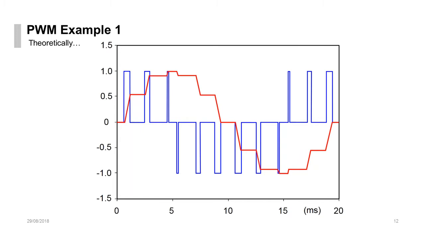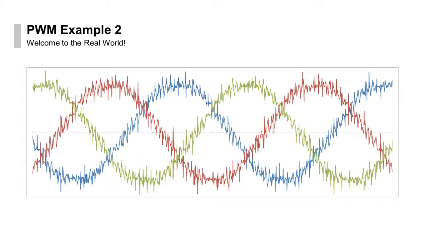So this is a theoretical example of what a pulse width modulating waveform would look like. This is assuming a perfect inductor. Otherwise, we wouldn't have those flats, because the actual voltage and current would fall away as we shut off the pulse width. Now, this is the ideal, and the next picture I'm going to show you is